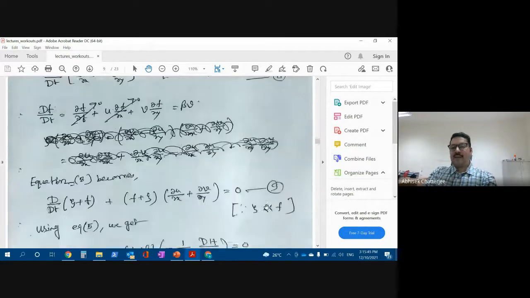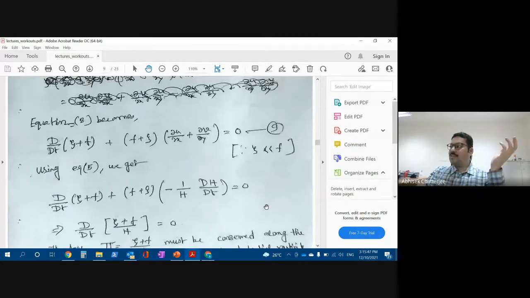So after this, I will start something called quasi-geostrophy. So in this case, we assume that there is no T term already. Okay, so we have only a steady flow. That means it is not changing with respect to time. And with that assumption, we build a geostrophic motion. But if we only assume that nothing is changing with respect to time, we will not have any understanding of weather, for example, because it changes with respect to time.